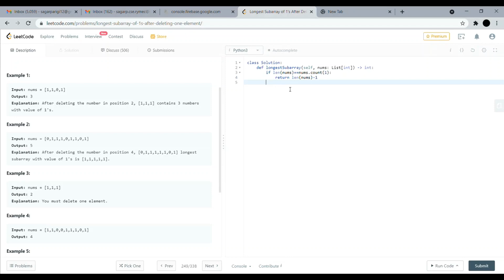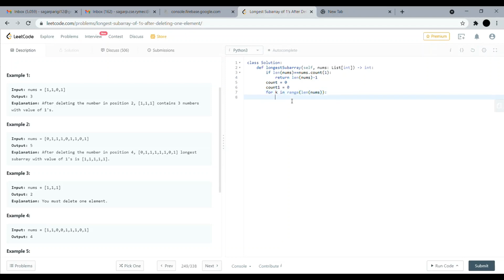Okay, we have to keep a counter and a new counter, another counter. After that, you have to count after zeros how many number of ones are there. You will keep that in this. Here we will keep the number of ones before zeros. Okay, now I'll just have to traverse through the array.